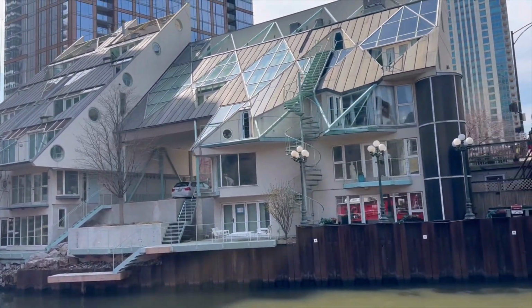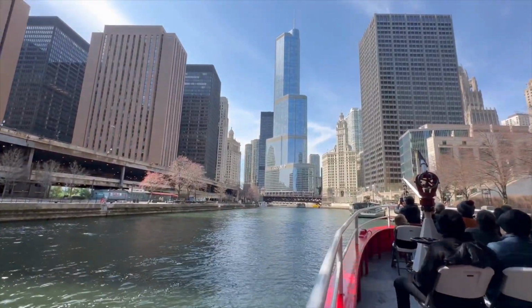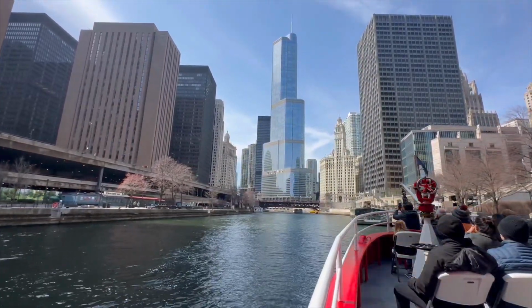Now we're coming up to a very... at the lowest level there that says Trump. It's pointing to